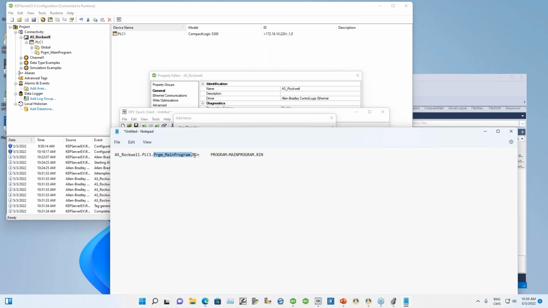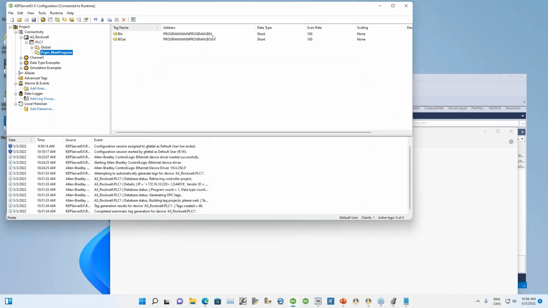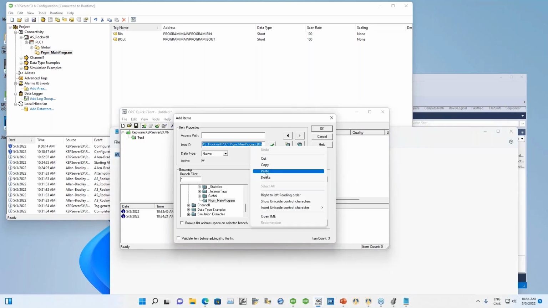Well, to be more specific, because we want to communicate with bits, this is going to communicate with the register by itself. I want to communicate bitwise in the register. I'm going to take out this part and use the syntax that is created, that it showed me over here in the server. This is the address, okay? So you see the syntax, I have to follow this syntax. And then, for example, I want to communicate with the 0 bit in the register, so I put here .0. So if I take all this and put it into my client here, paste,